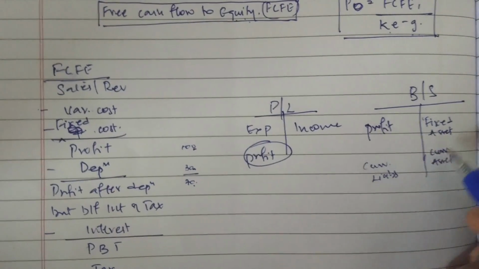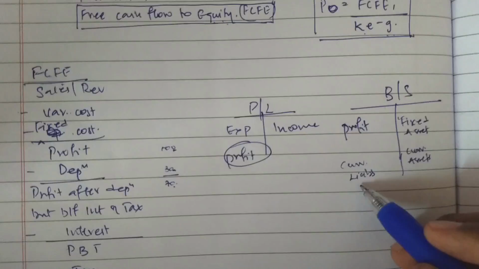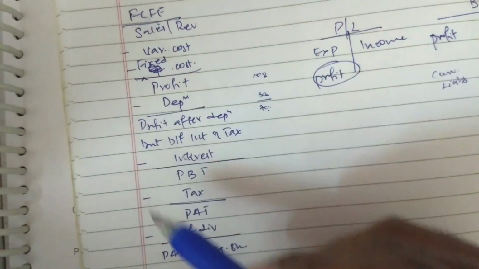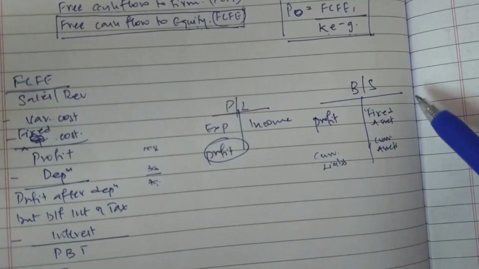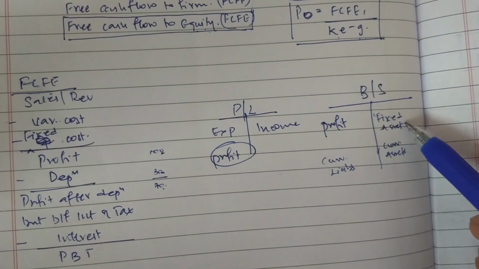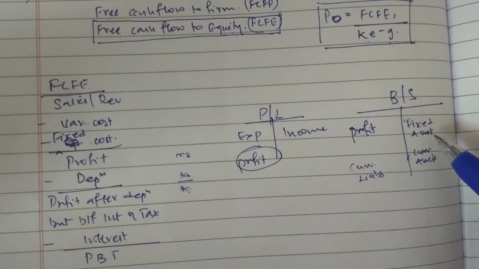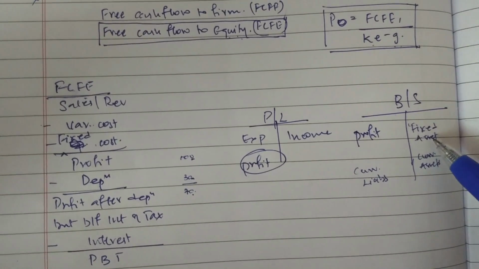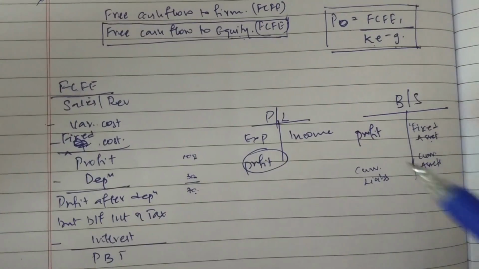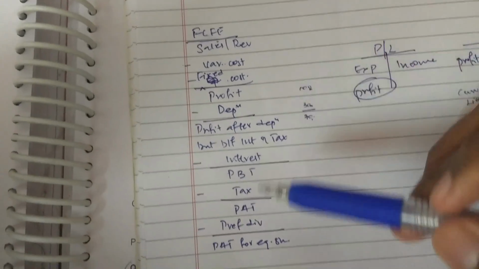See, fixed assets and current liabilities are things which are not considered in your cash inflow and cash outflow. I hope you understand. A fixed asset is something which is not considered. Even this involves cash outflow. When you're purchasing a fixed asset for the year, there is cash outflow. And did you consider that here?